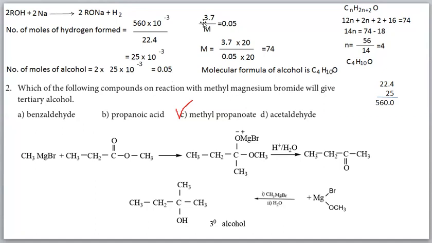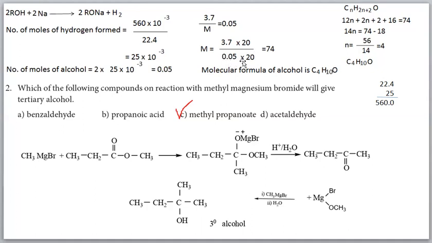The number of moles of alcohol we can find out by using the formula mass by molar mass. Mass is given as 3.7, molar mass is unknown. The number of moles is known, this value 0.05. So M is equal to this value. We can rearrange, and this value will come as the denominator. So 3.7 divided by 0.05. Then we have to divide these two. For that, a simple method: when we multiply both numerator and denominator by 20, we will get the denominator as 1.